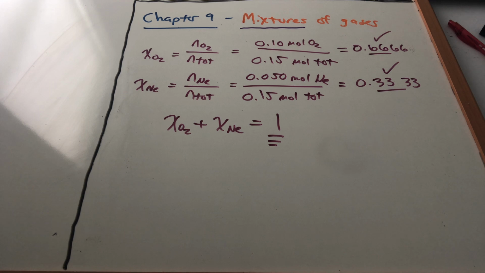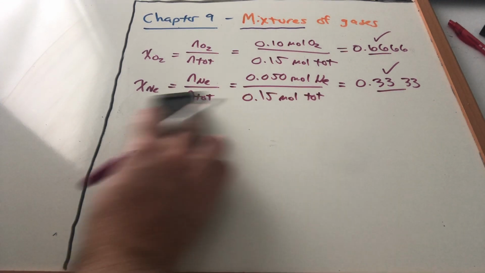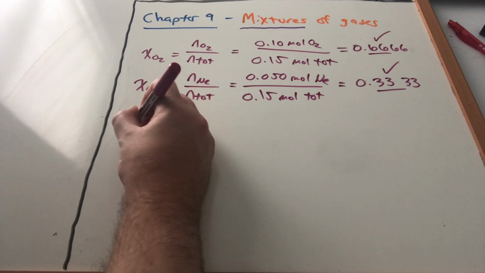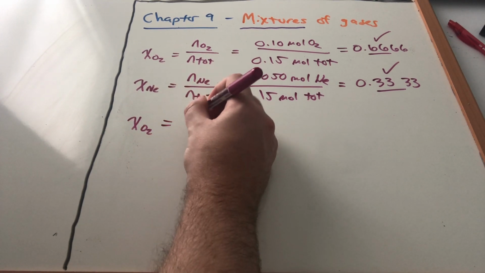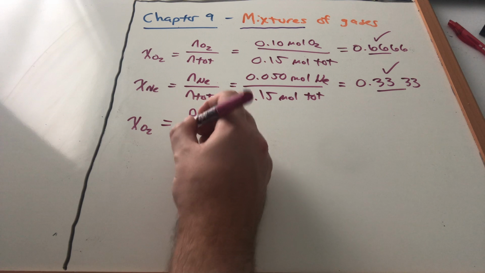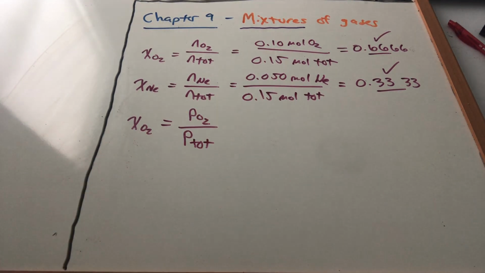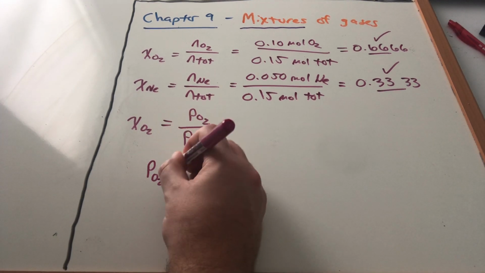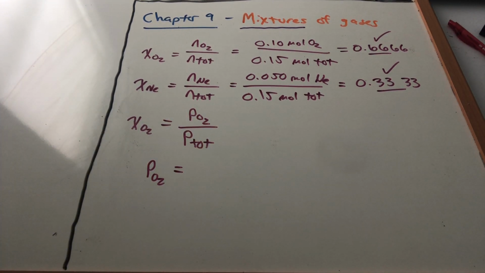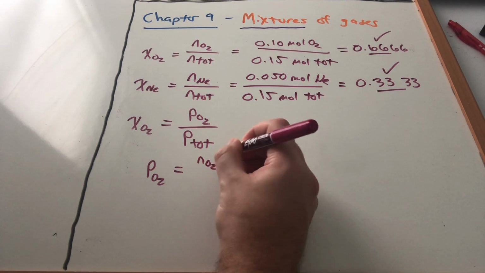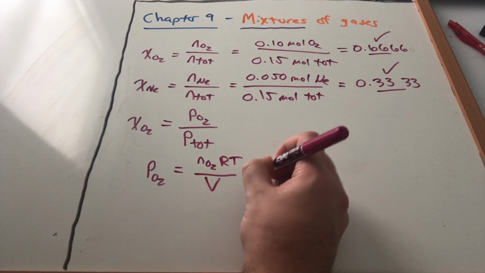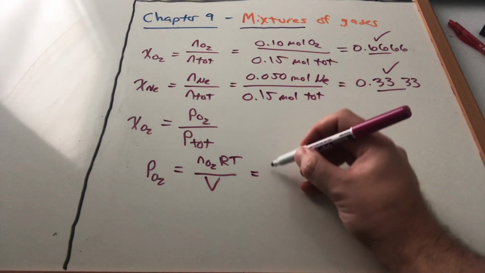Okay. Now let's calculate the mole fraction in a different way. We should get the exact same number. Chi of O2 would be equal to the partial pressure of O2 divided by the total pressure. Now from our previous work in this example, we know what the total pressure is. So can we calculate the pressure of O2? Well, sure, I can calculate the partial pressure of O2, the pressure of that part of the mixture that is just O2. And what I need is the number of moles of O2, RT over V. And what you should be able to show is that you get